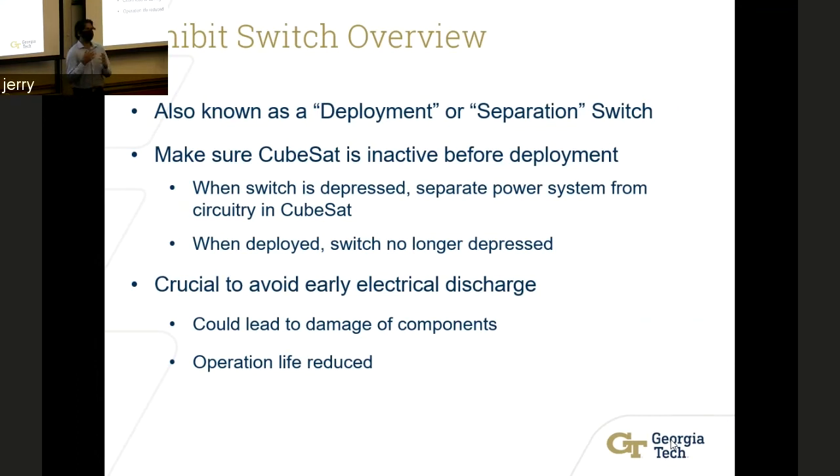The way these inhibit switches work is when they're depressed, they act as an open switch in our circuitry. So when it's open, of course, no power is going to run through, and none of the electrical components are going to work. These switches are depressed because they're loaded into a pod, which I'll describe later on. After they're loaded in a pod, they get pressed down. And then when they get deployed from the pod, these switches get actuated, the circuits are closed, the electricity is able to flow through, and the components are able to properly function.